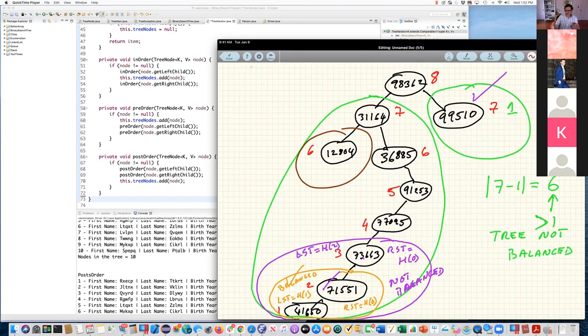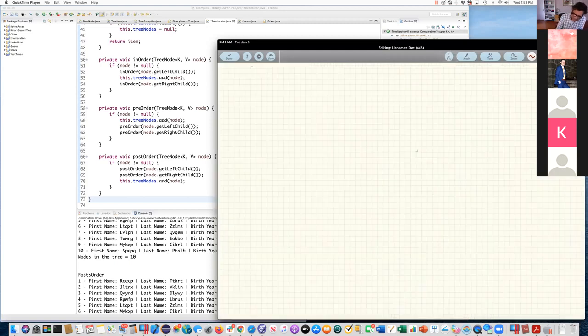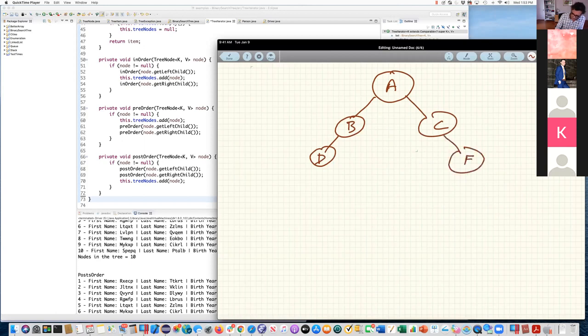Okay, so here's a tree that looks like it could be balanced, but is it balanced? I'm going to just use letters A, B, C, D, E, F, and G. So the whole tree has a height of 1, 2, 3, 4, right?